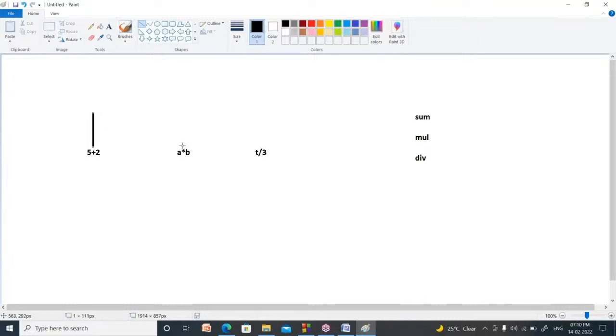To perform the addition operation, which tool is used? Plus. To perform the multiplication, which tool is used? Into. To perform the division, which tool is used? Divided by. Good. The tools that are used to perform operations are called operators. Plus is an operator, into is an operator, by is an operator. So what is the meaning of operator? The tool which is used to perform the operation. Good. Now these are the